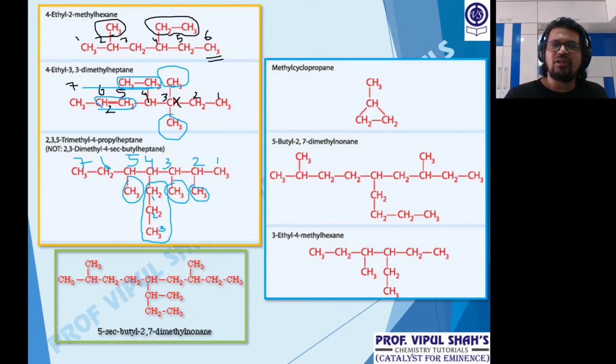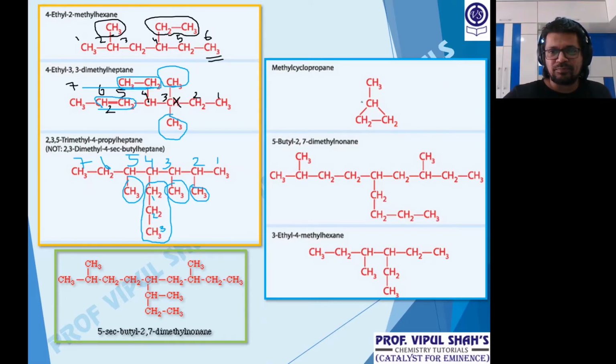And same if I have to give a name in a different form, like the common system name form. How will I give this part over there? Just one change. 2, 3, 5 trimethyl 4 N-propyl heptane. Once again, 2, 3, 5 trimethyl, D not considered, so it's M of the methyl. 2, 3, 5 trimethyl 4 N-propyl, because it's in a straight chain, and again 7 heptane. Clear? See some more examples to get an idea.